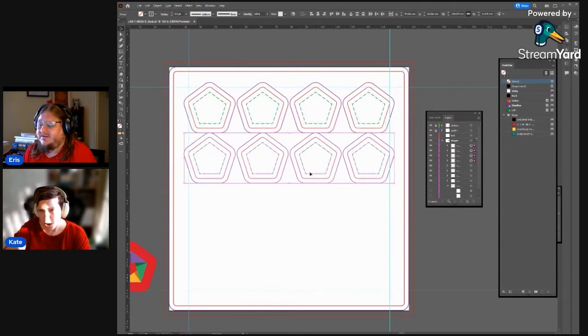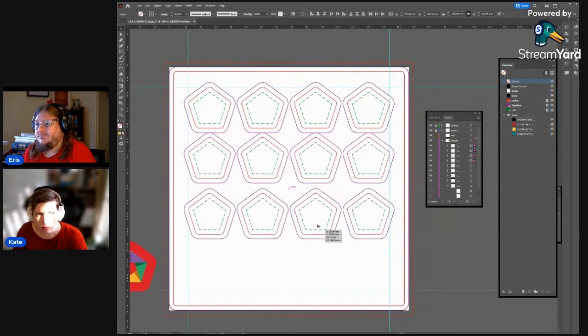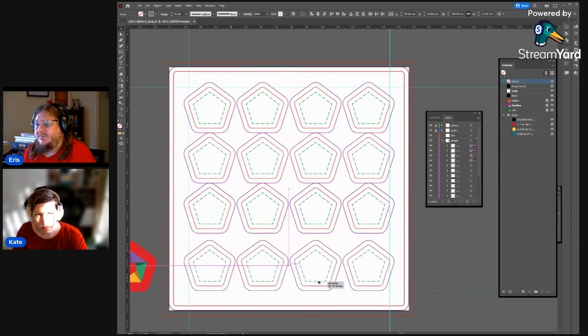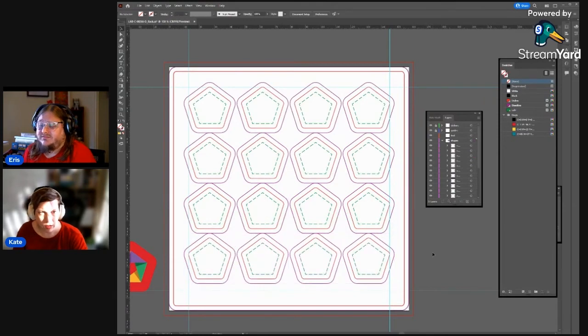means it will only move in straight lines. I think it also will do a 45-degree angle. It follows the smart guide type idea. So this is now a perfectly usable die line. It meets all the technical requirements. It uses only spot colors for all the bits of the die.